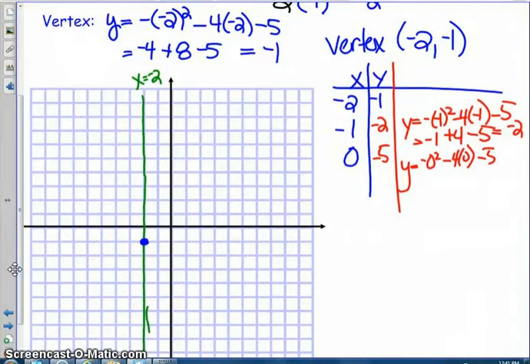So I'm going to plot the point negative 1, negative 2. Here's that point. Here's the point 0, negative 5. So as this graph goes to the right, that's pretty much what happens. On the left-hand side, what's nice is we have a mirror image. So you kind of can see how I can really quickly look and just make my mirror image. So right there